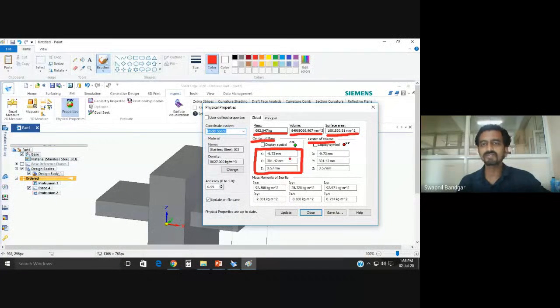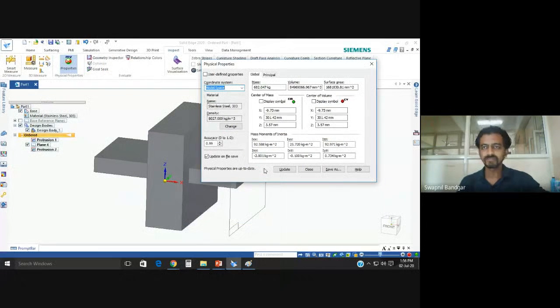These are important parameters that you will require when making it as a product. Then you can also get the mass moment of inertia. These are very important while designing any mechanical component. All these things are very easily available in this tool because it is a solid-based modeling tool.